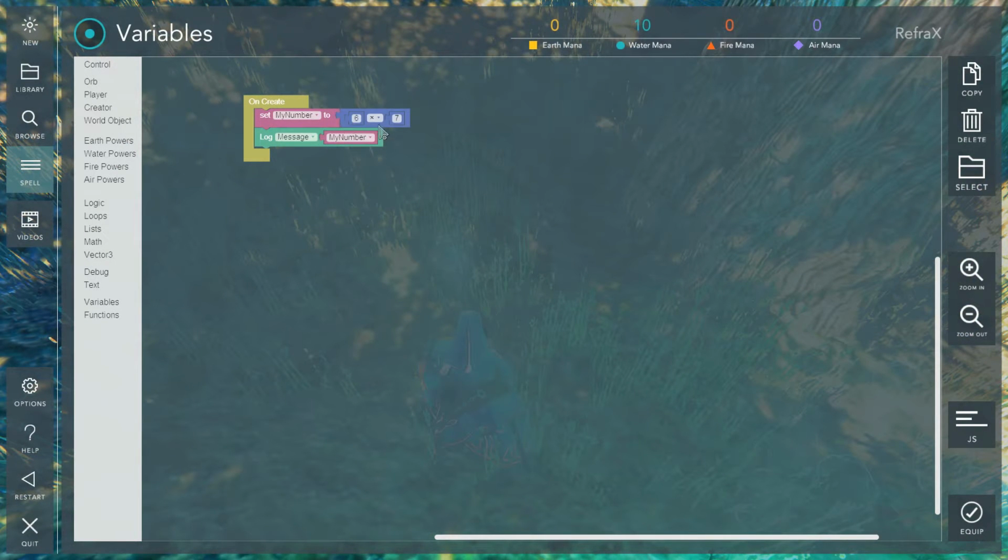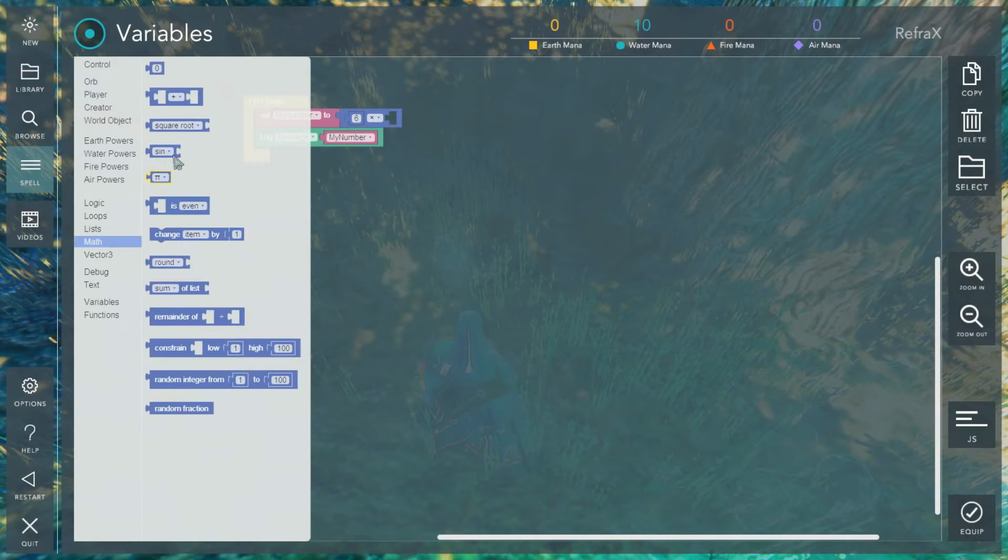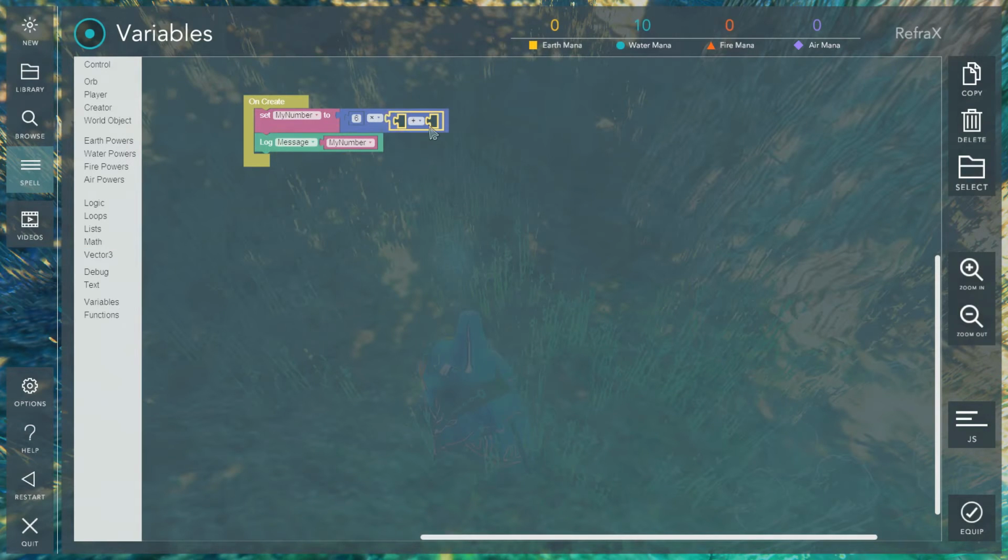Just a note on these math operator blocks, or in fact all blocks in general, they will always work out the innermost block first. So if I were to go and delete that and place another operator block in here, let's just plug two more numbers in. Let's make that